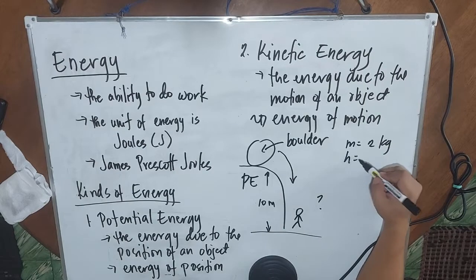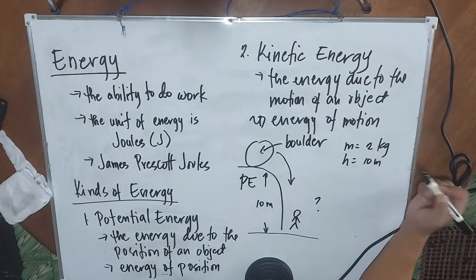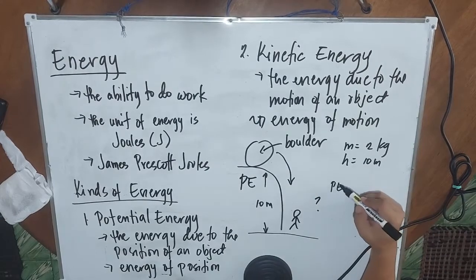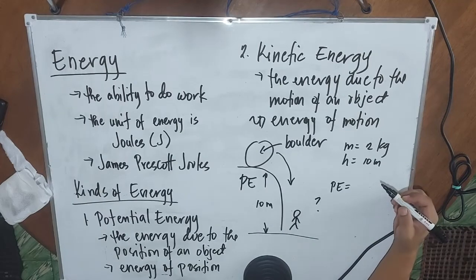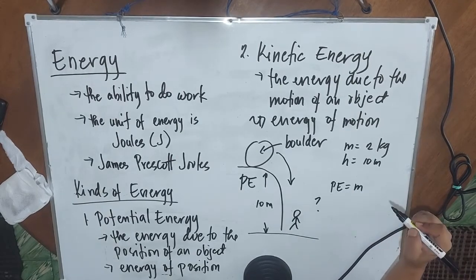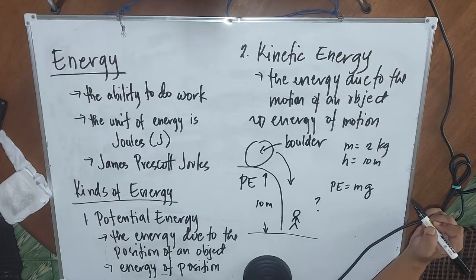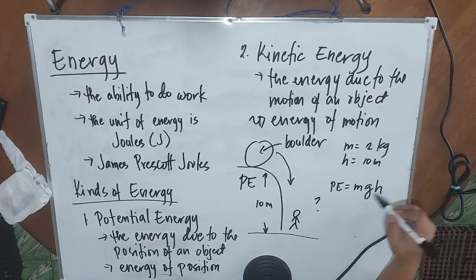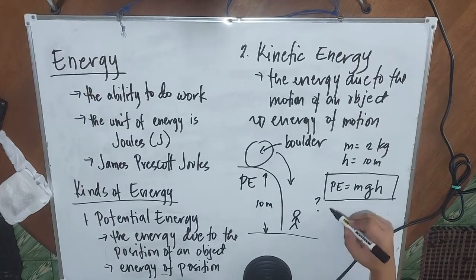So the height of the cliff is 10 meters. Yung potential energy na tinatawag is equal to the product of the mass of that object multiplied by acceleration due to gravity times the height. So this is the equation or the formula for potential energy,